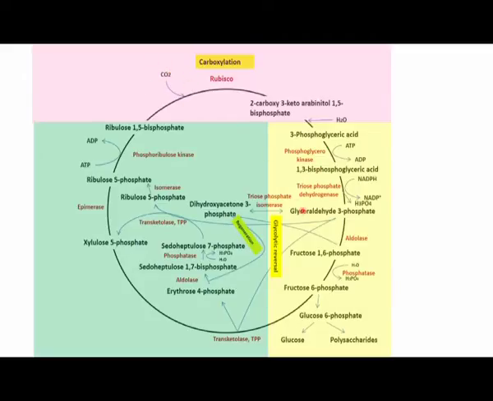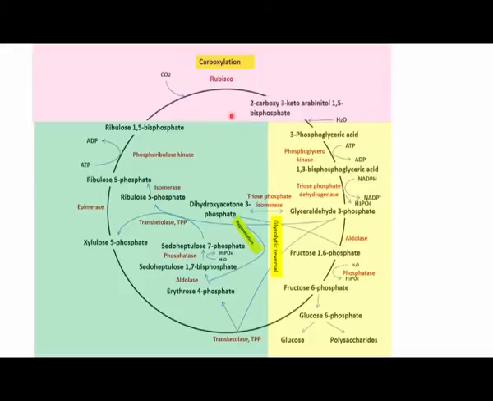Then we have the glycolytic reversal, that will generate the sugars which can be used for producing the polysaccharides and other kinds of biomolecules. And then, since these molecules are generated, some of these sugar molecules can be used to generate the starting material. In this case the starting material is ribulose 1,5 bisphosphate, in short form known as RuBP.